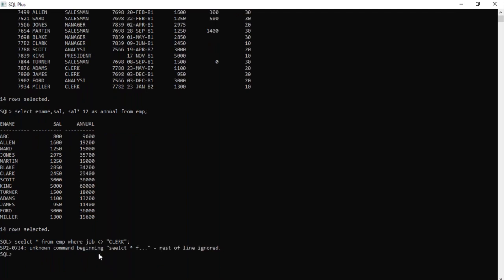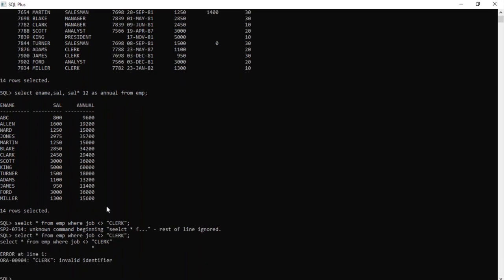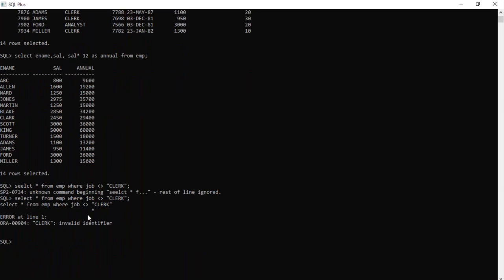not equal to. Whenever you are using text in a where condition, you need to give quotes; if you are using a number you don't need to give quotes. I don't want clerk, so excluding clerk I want to get the data.